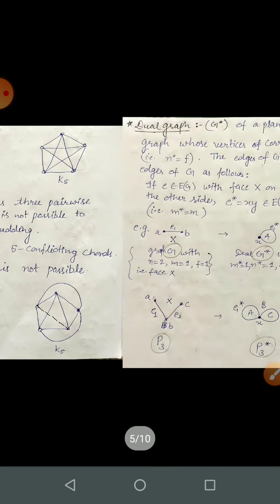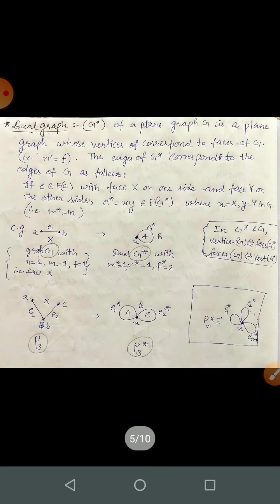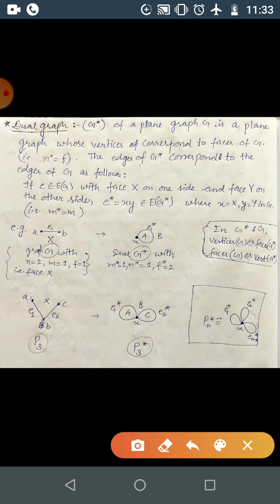Now let's come to some more on plane graphs. For any plane graph you can form a related plane graph that is known as its dual. And first I should define its